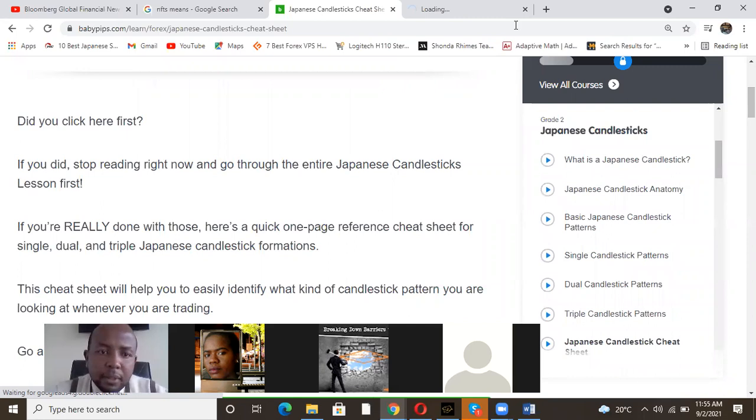The longer the body, this is the most important thing. If you're not going to get anything else, at least understand the longer the body, the more intense. The longer the body, the more intense the buying or selling pressure. This means that either buyers or sellers were stronger and took control. So if the body is longer, we have more buying or selling pressure. You can see how they look.